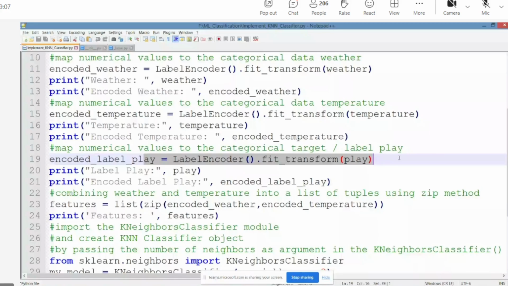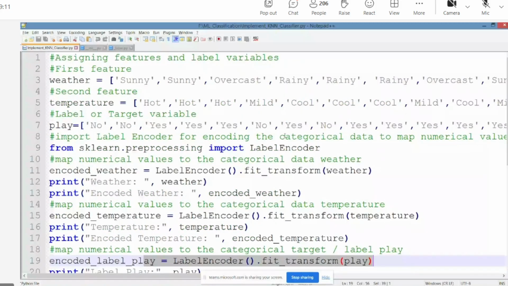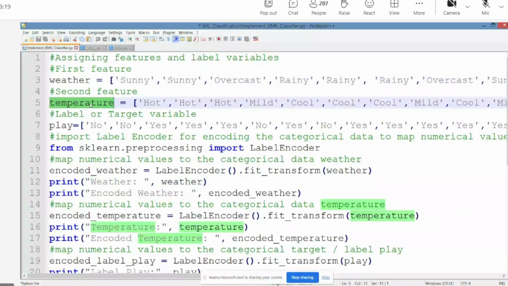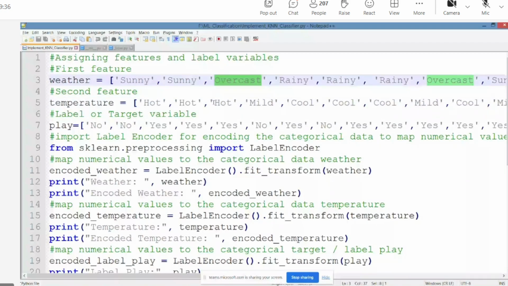Now this is a small example, right? Here weather is a list, temperature is a list. They are completely two different lists. It is not a dataset here. So what I am going to do is bring the combination sunny and hot together. Second instance, sunny and hot together as a tuple. Then overcast and hot, rainy and mild.